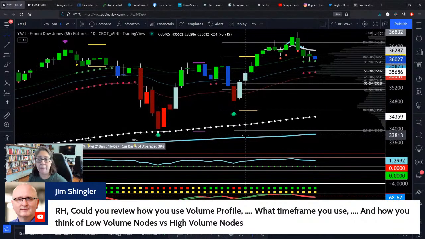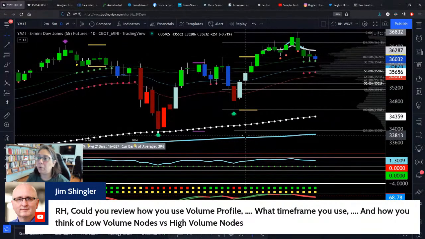So it doesn't matter what time frame you use. There's no magic. I think out there's this thought that if I use volume profile on a 30-minute chart, I'm going to see the things. No, there's no magical time frame at all. So I just happen to day trade off of 2 and 5. I probably can go 1 and 9. It doesn't really matter. So I've just sort of abandoned the search for the best time frame. It doesn't exist. So I can appreciate the question about the time frame. So I use 2 and 5 intraday, daily for my overnight trades.